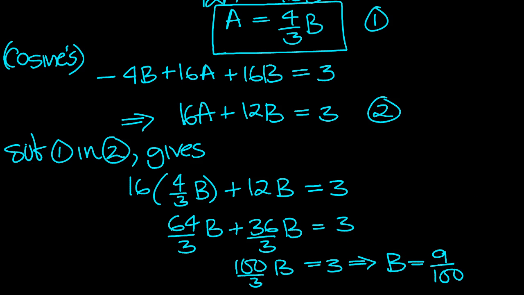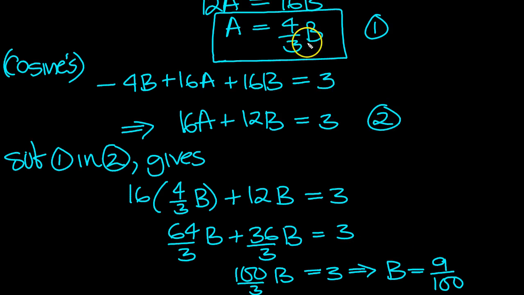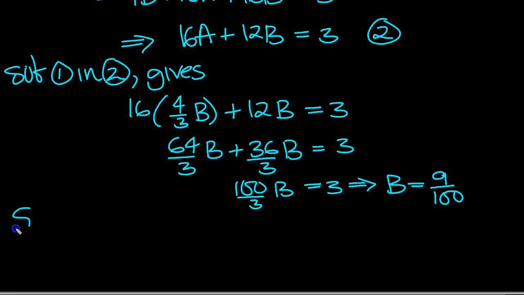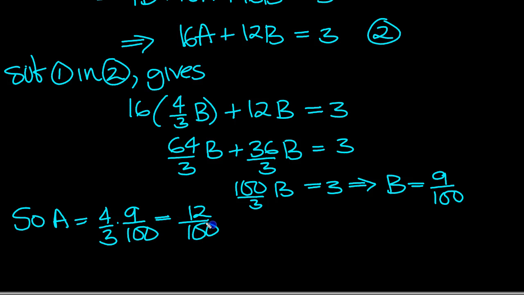And then we can work out A. A is 4/3 b. So A equals 4/3 of b, which is 9 over 100. So the 3s will cancel, and there'll be a 3 times 4 is 12 over 100. So final solution then, consequently,